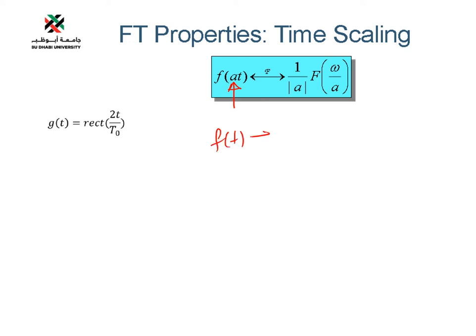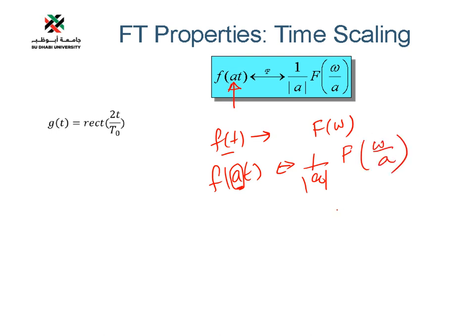Then it's very easy: you have f of t, you calculate its Fourier transform. We have a signal, and you know its Fourier transform. Now if this signal is time scaled, then whatever the time scaling factor is, you will divide with that in the Fourier transform, and inside of omega you will also divide with that factor. For example, let's say we are going to calculate f2 of t. Whatever Fourier transform of the original signal we have, this will be 1/2 times the Fourier transform of that divided by 2. So you don't have to recalculate every time.